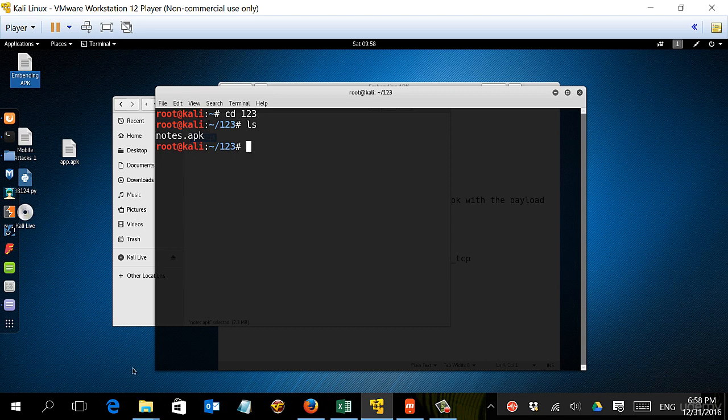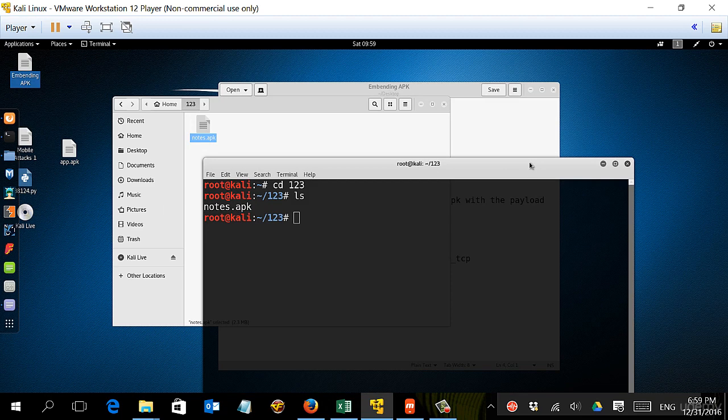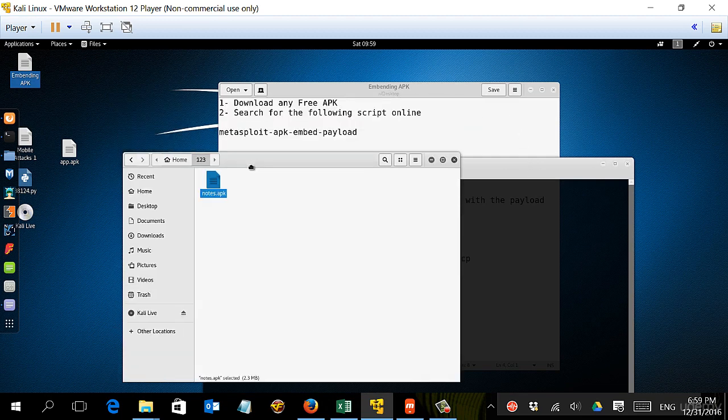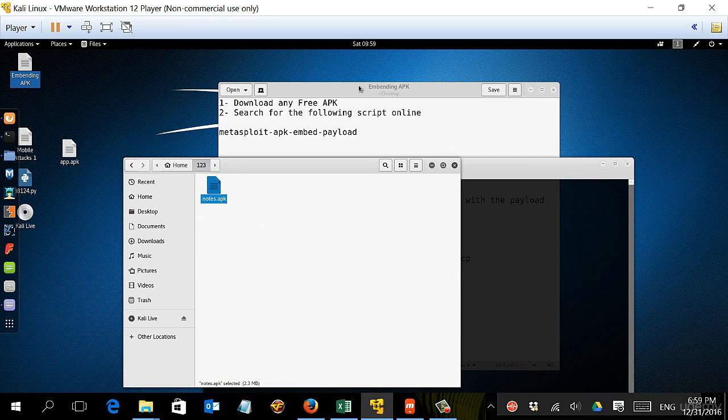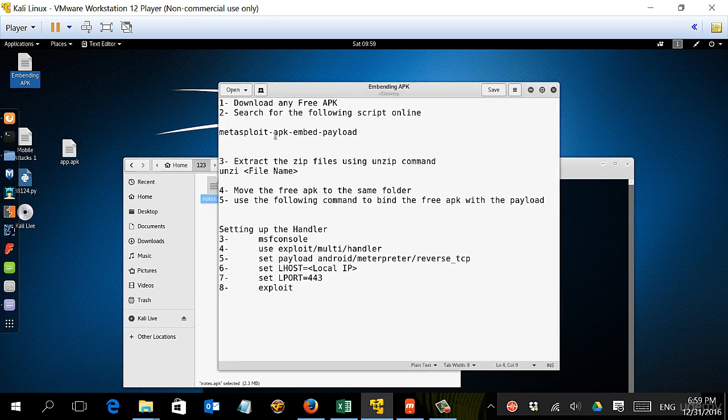Then the next step will be to download the script that we will need to use for binding the app with the payload. Now the script name is Metasploit APK embedded payload. So if you take that and search on Google for this specific script,